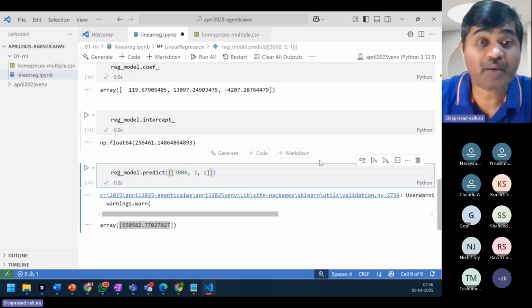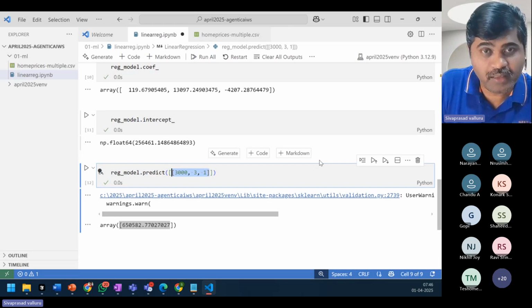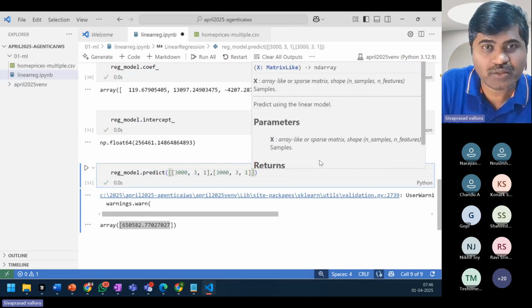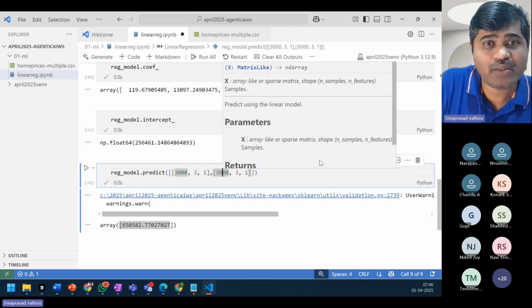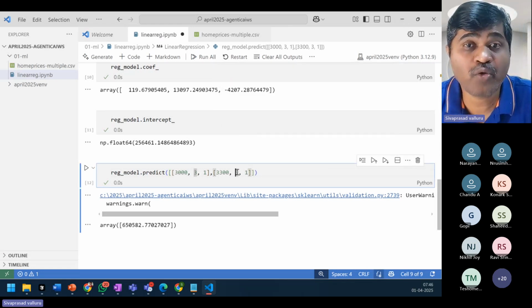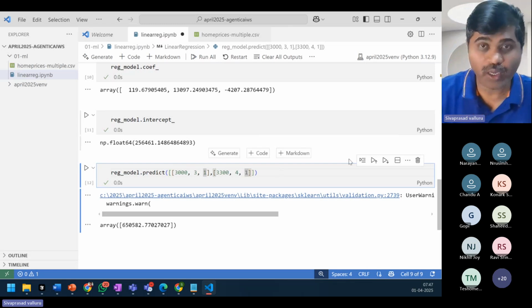Suppose I want to predict multiple values for multiple houses. It's a 2-dimensional array, right? I have to give one more dimension. Maybe for a 3500 square feet, 4 bedrooms, and 10 years old house, I want to predict.